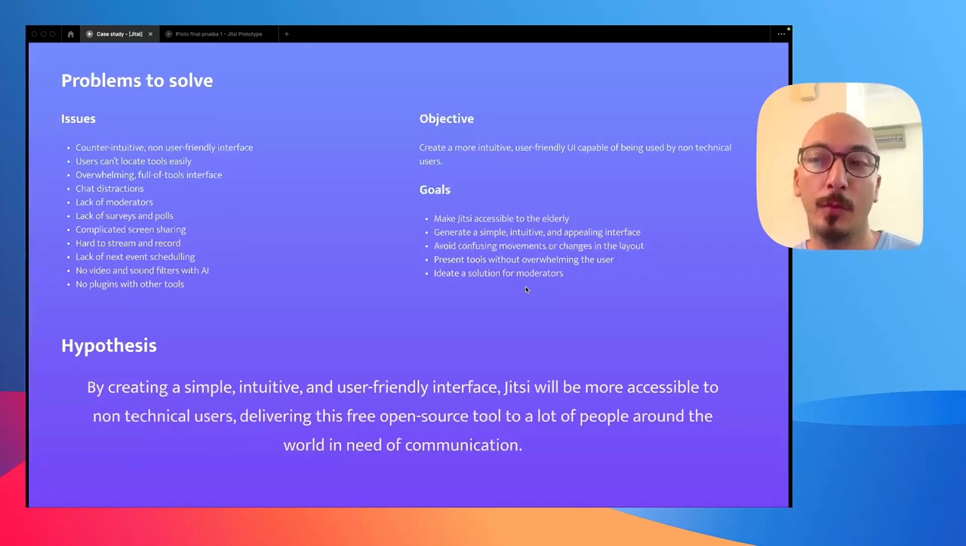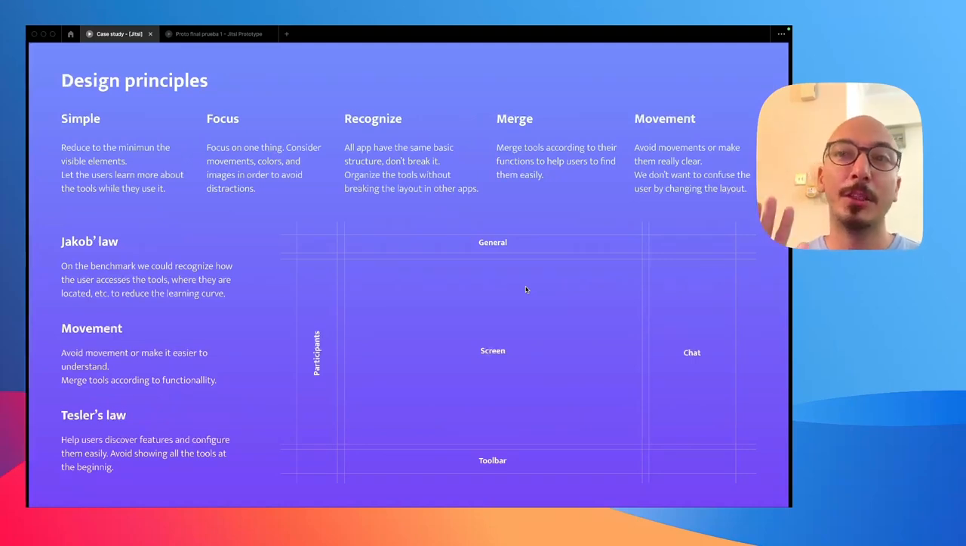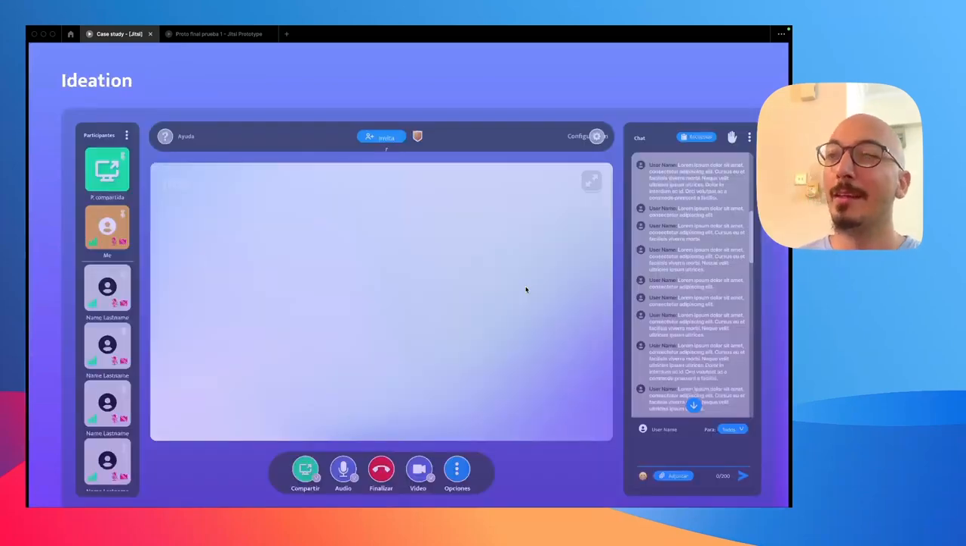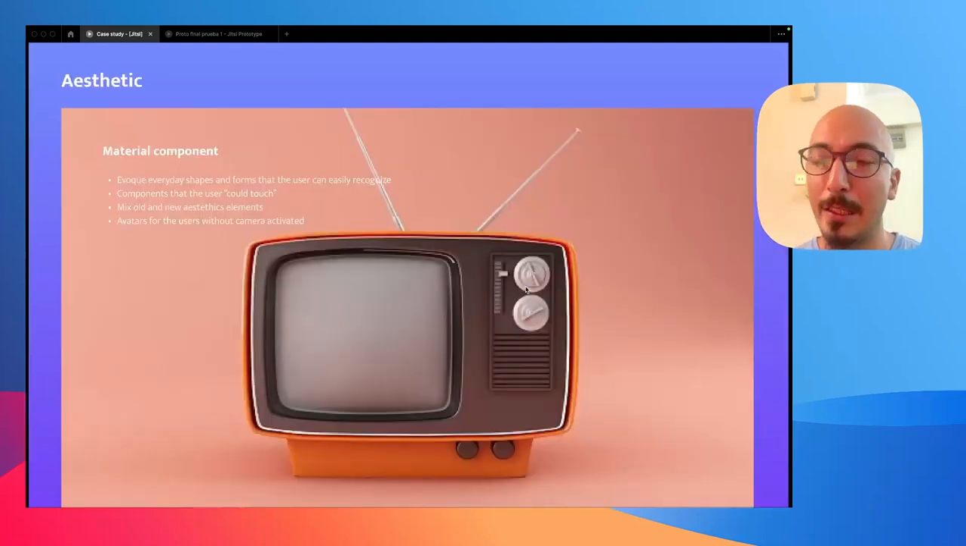So we established 5 design principles that will help us as guidelines across the process, and set a basic layout to place all the features, and depending on the view, this layout should be respected. Then we created a quick ideation of how it could be, and then we proceeded to work on